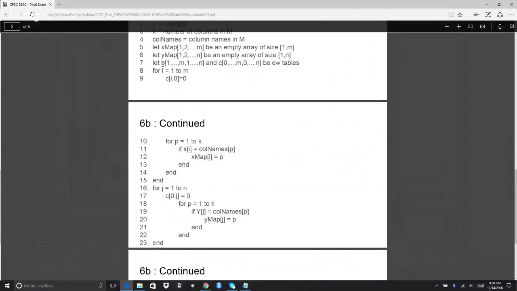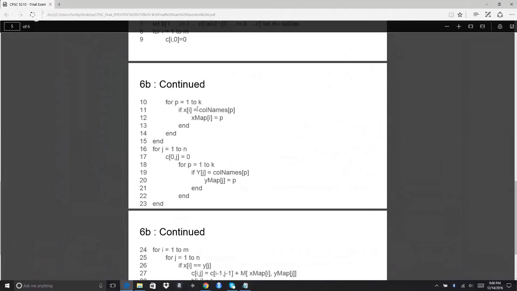Now I create 2 variables, x map and y map. And x map is dimensioned to the size of x, and y map is dimensioned to the size of y. And both start off empty. And then we're going to let the value b be a matrix, and c be a matrix as well. And they're both new tables. So from 1 to m, you're going to set c i, the top row, equal to 0. And then for p equal 1 to k,